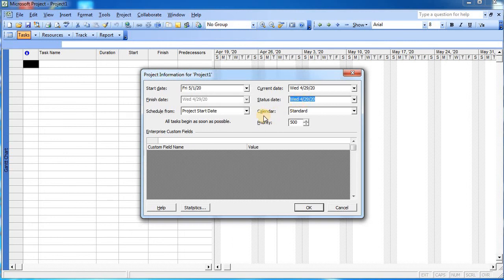Now what is calendar, that we will discuss in the next step. As of now we will keep the calendar as standard only, and in this step we have just inserted the starting date of your project. Okay, after filling the information we will click over here. Okay,